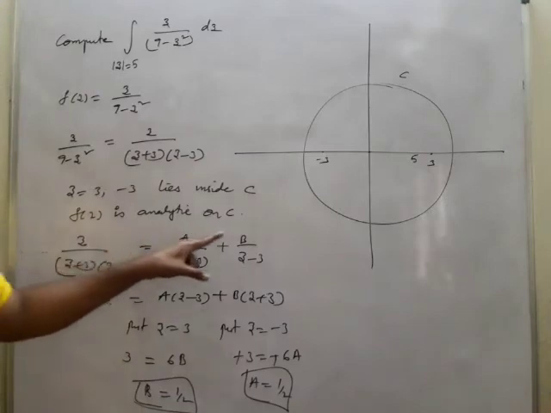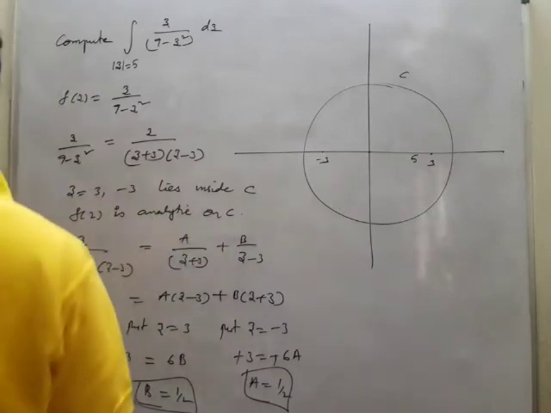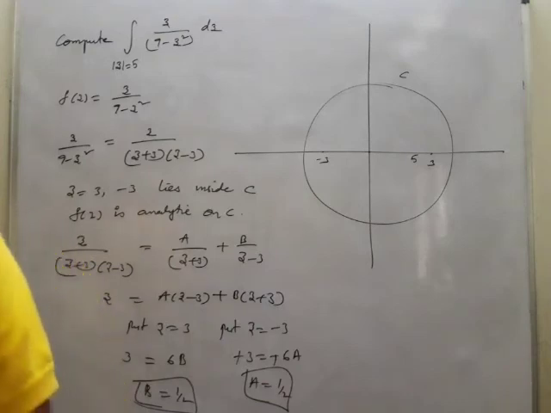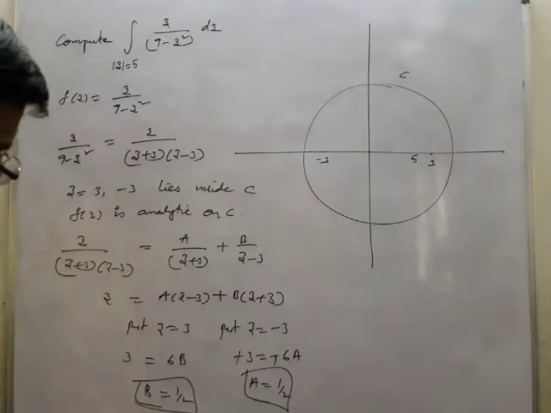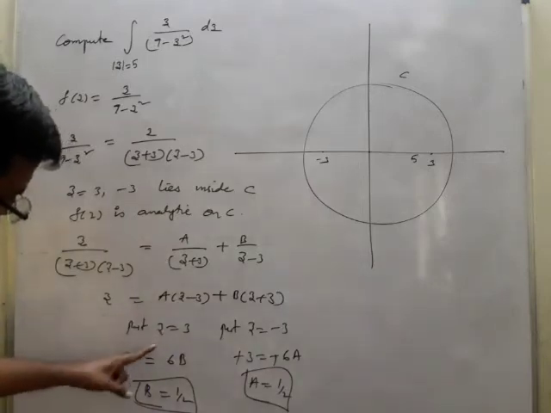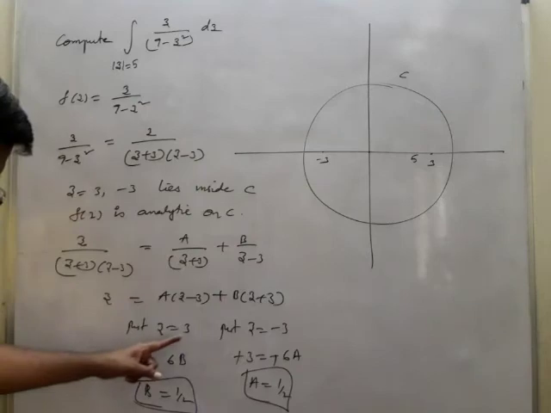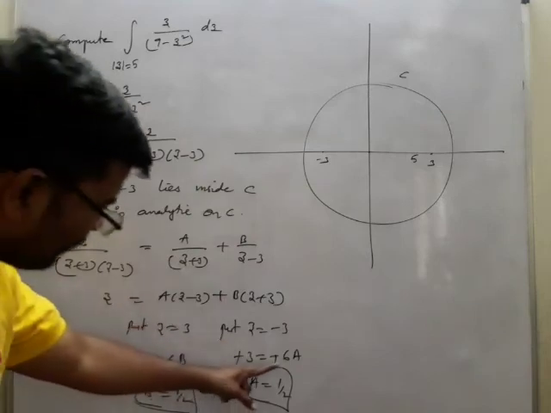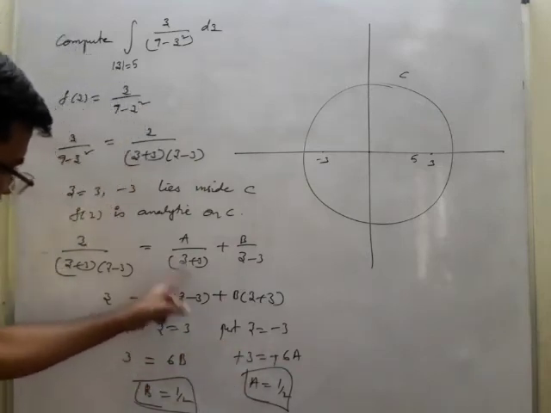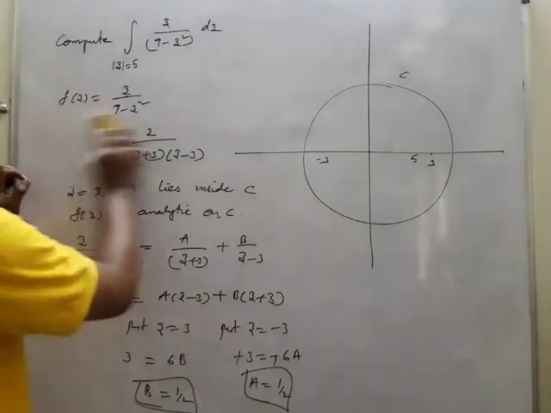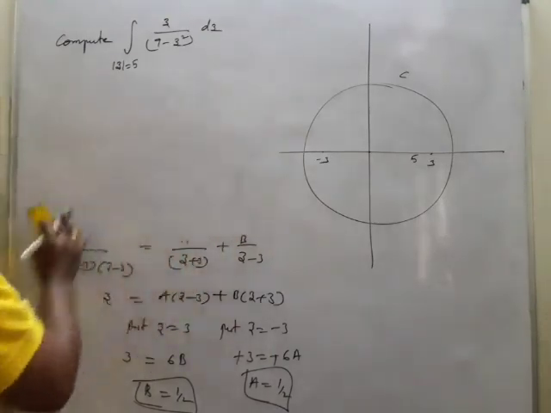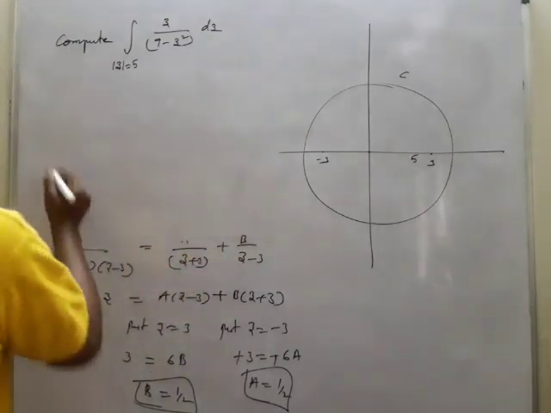I may substitute here 1 by 2, and here 1 by 2. So after substitution, what is going to happen? 1 by 2, 1 by 2. This is z equal to 3, we have kept. That is nothing but this is 6. You got z equal to 3 means 0. Then, so therefore, what you are going to have, you will be having like this.